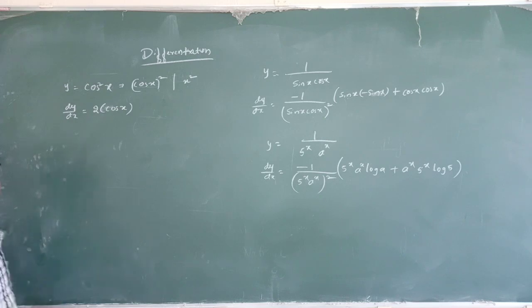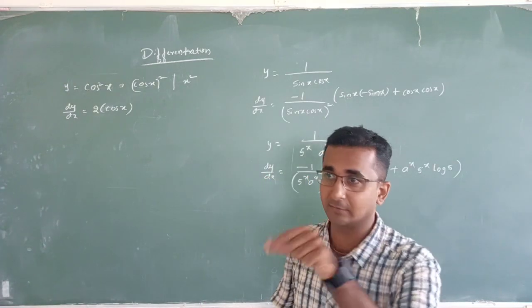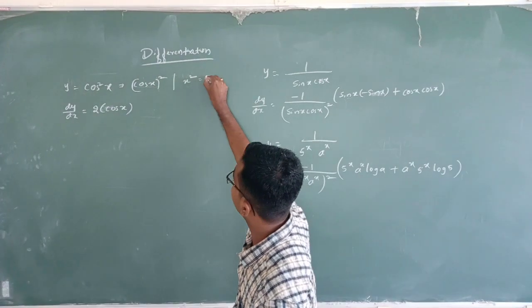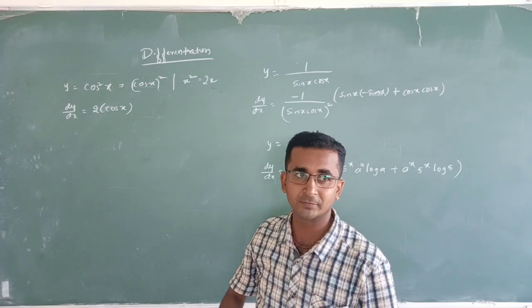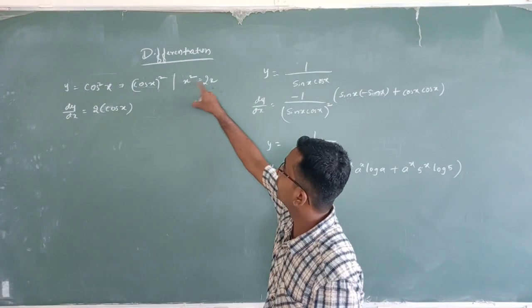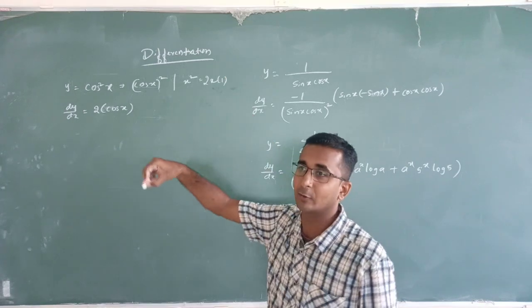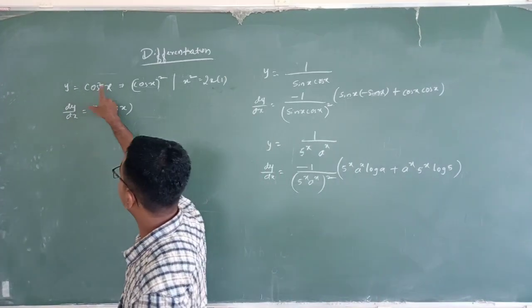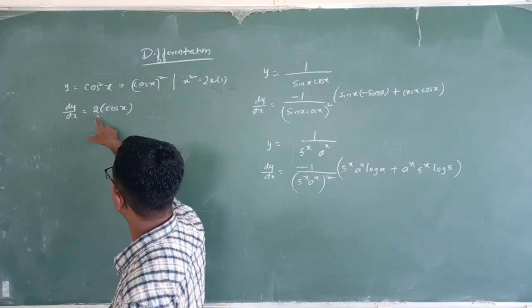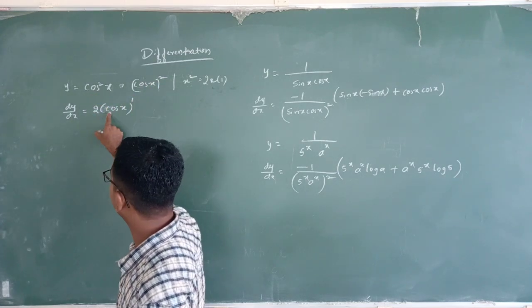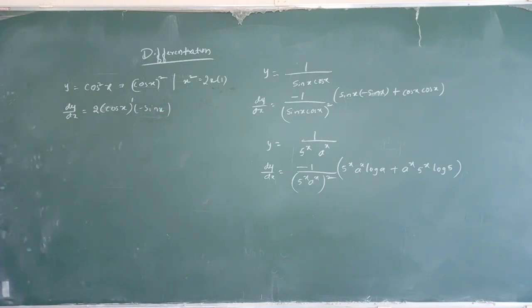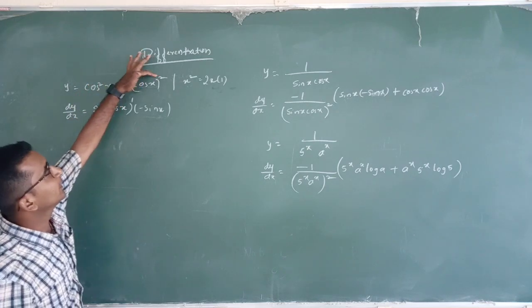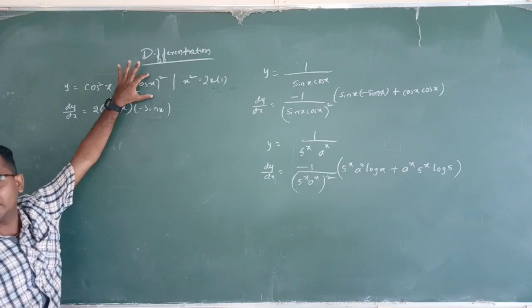Cos of x. So note x square differentiation is simple. Look here, x square differentiation is 2 into x power first, then differentiate the next. First power, then x order. Differentiation of x square is 2x, and x differentiation is 1. It means here cos of x whole square differentiation is 2 cos of x to the power 1, then differentiation of cos x is minus sin of x. We have to differentiate from outer to inner side. First power, then next one.